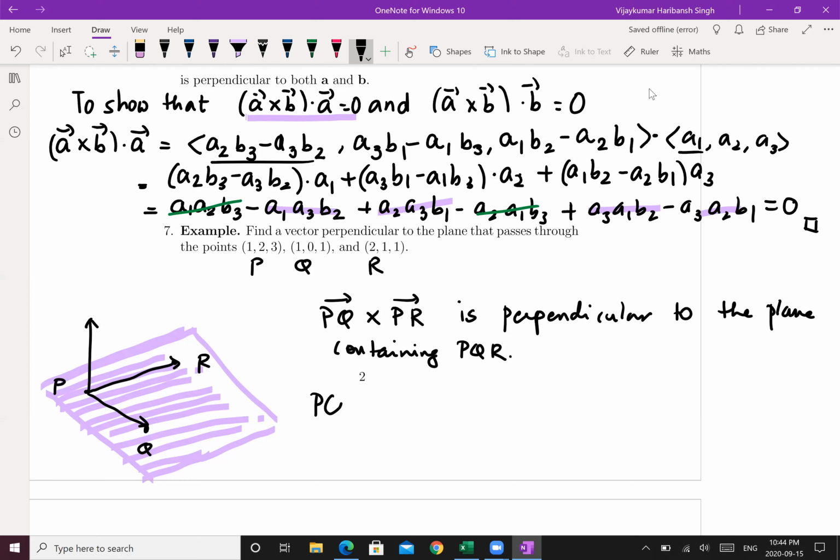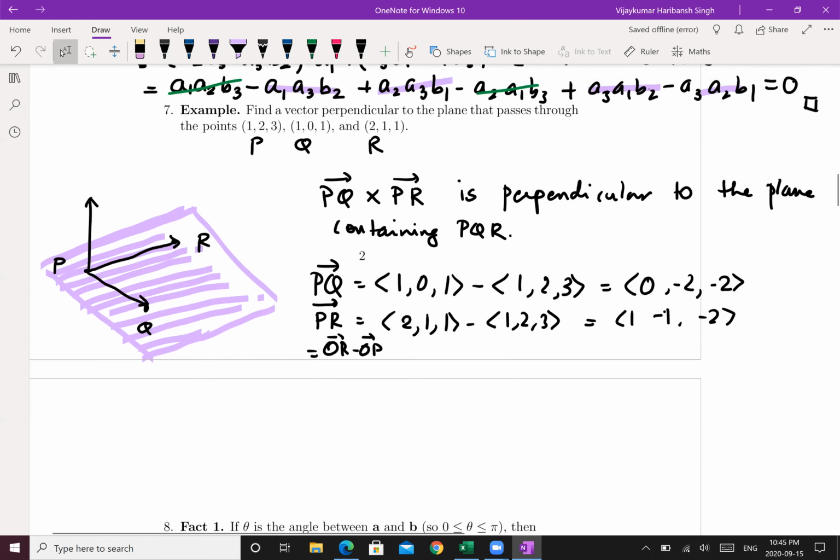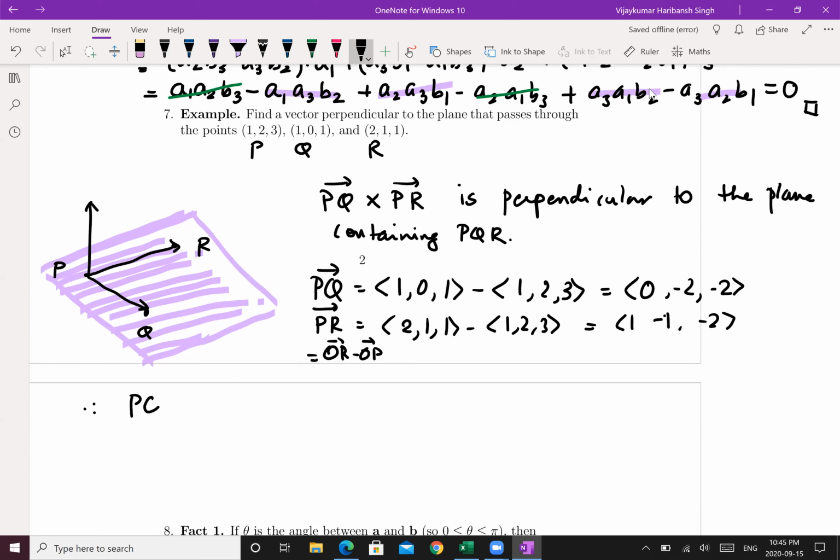So what is PQ? PQ is going to be OQ minus OP, which is (1, 0, 1) minus (1, 2, 3), which is going to be (0, -2, -2). And PR, which is (2, 1, 1), is simply OR minus OP, if you recall. So this is going to be (2, 1, 1) minus (1, 2, 3), and that is going to be (1, -1, -2). So therefore, PQ cross PR